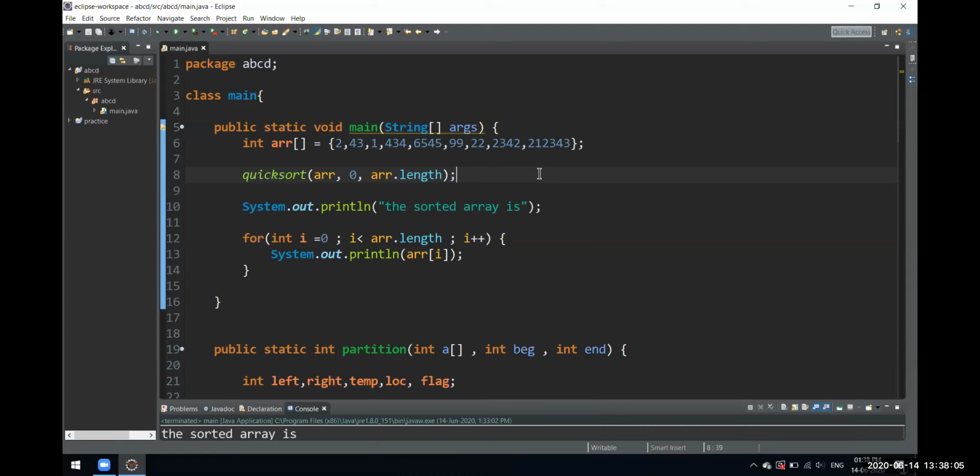This is a quick sort. Can we try this using bubble sort? What is the difference between them? I've told this many times: time complexity. Here we cannot see the difference because we have just a limited number of elements in our array. If you have a huge data set, like lakhs of entries in a database, and you want to do some sorting operation on it, in that case it matters.